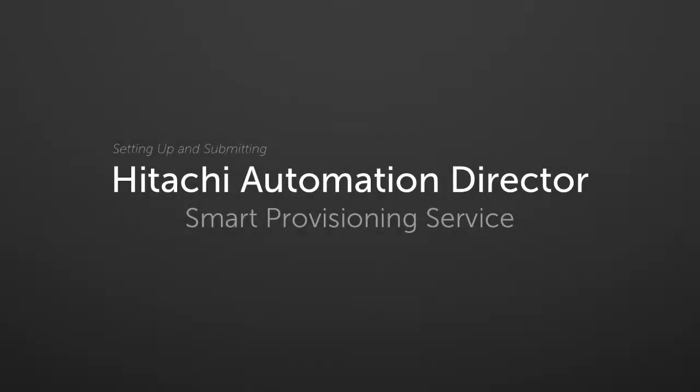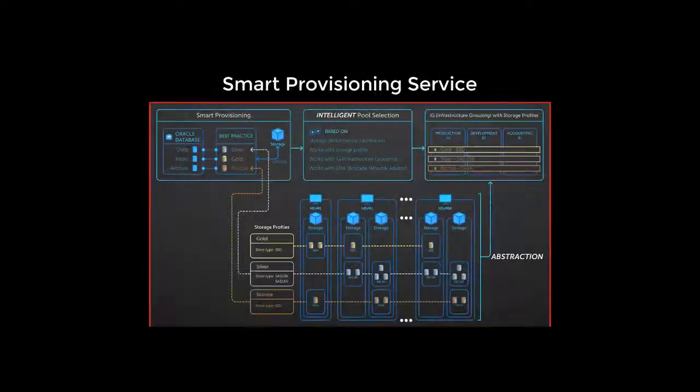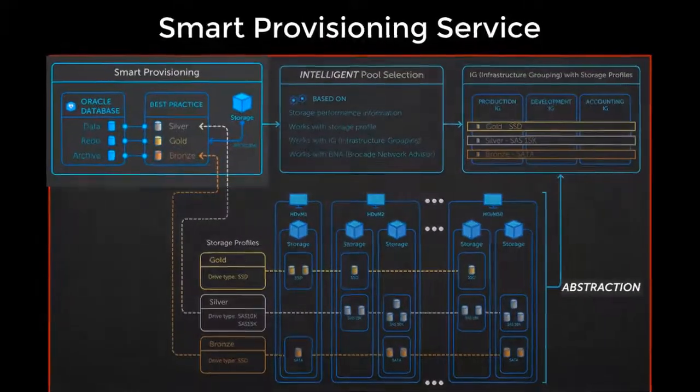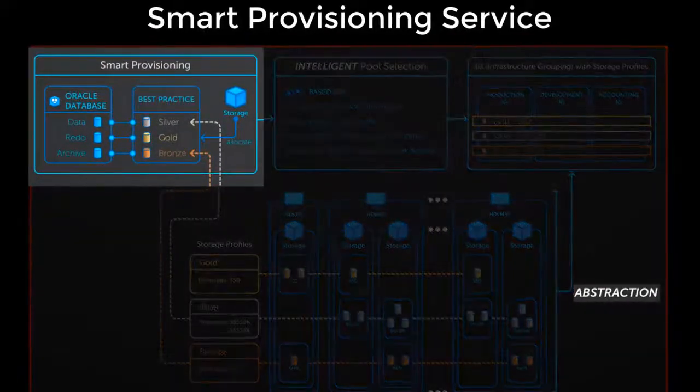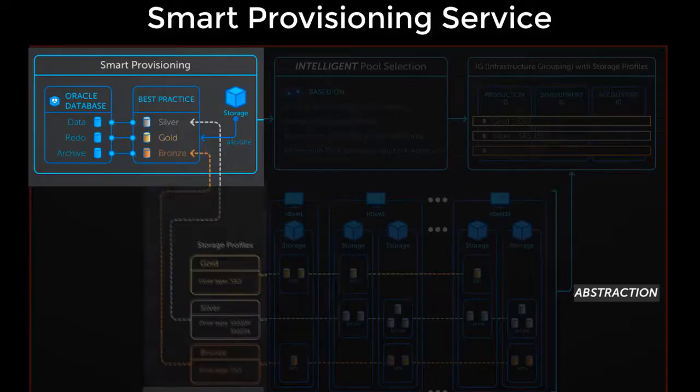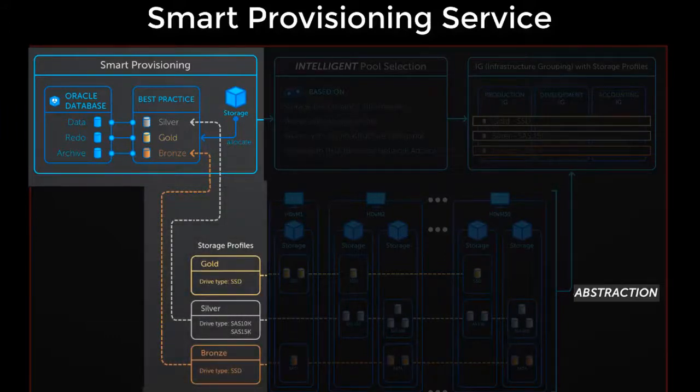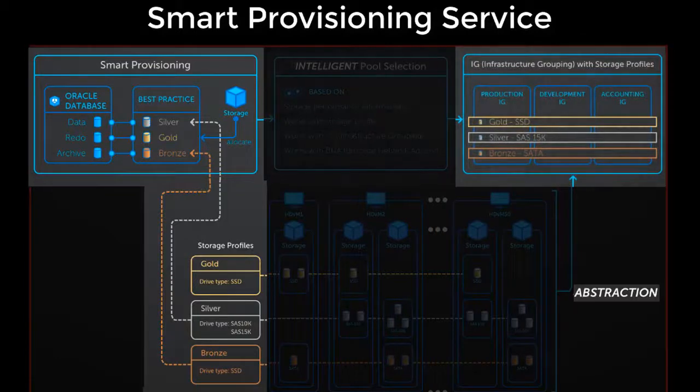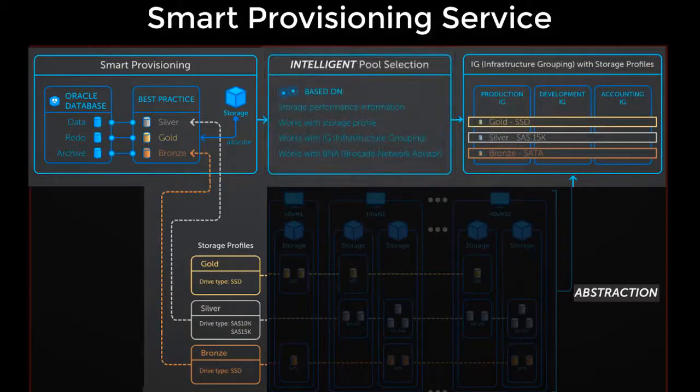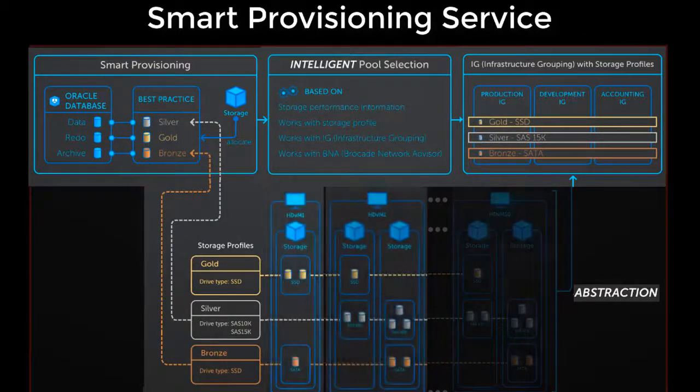This tutorial video describes how to set up and submit a Hitachi Automation Director Smart Provisioning service. Smart Provisioning uses predefined best practice profiles that simplify and automate your storage provisioning tasks as well as optimize storage. Through the use of storage profiles and infrastructure groups, along with intelligent pool selection, tiers of storage can be assigned